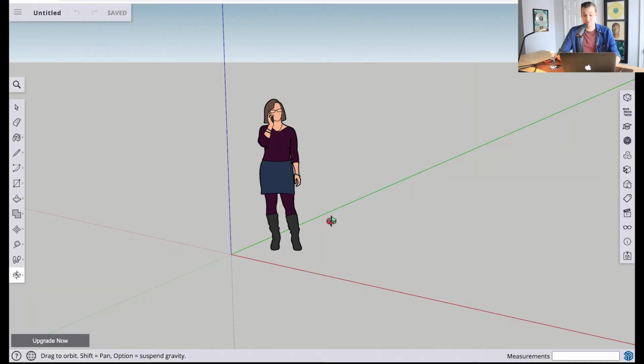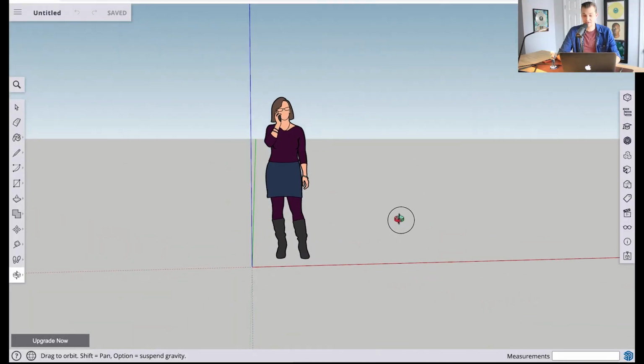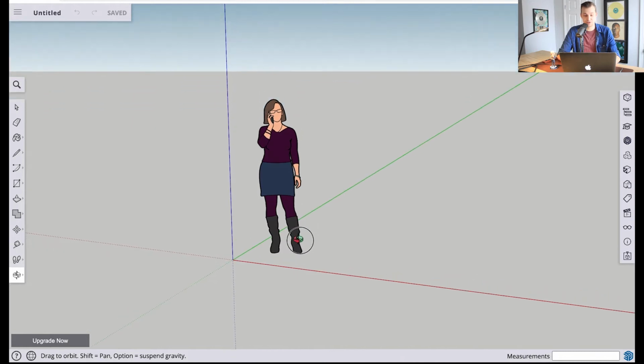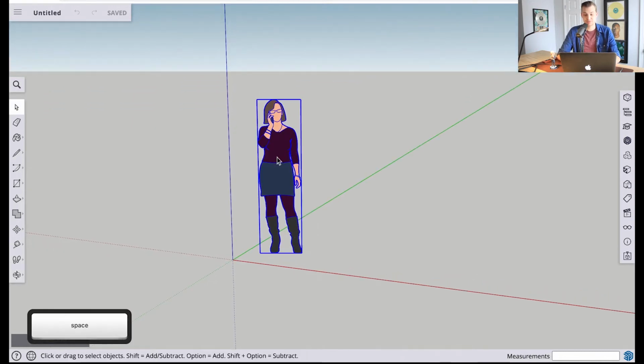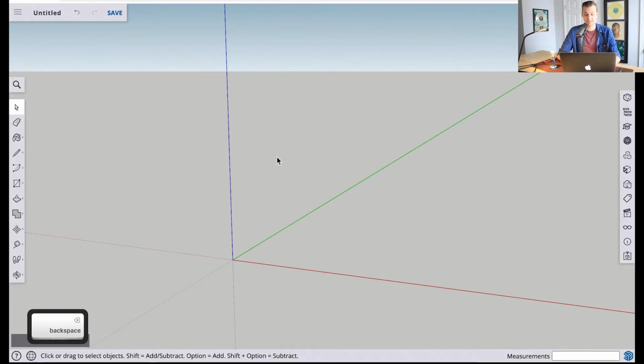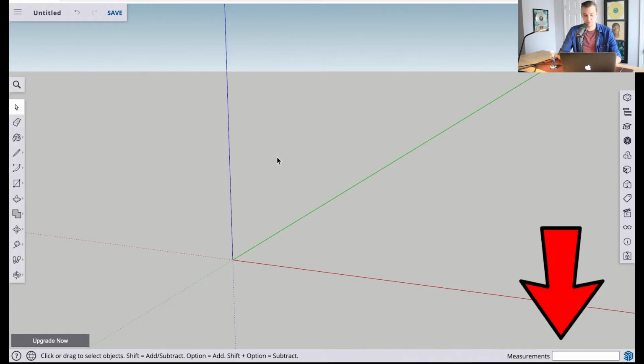Back in SketchUp Free, you can see that I have done nothing so far. We just have our default woman here. First thing I'm going to do is hit the space bar, select her, and hit delete. Once again, you can see all my keystrokes in the bottom left, and any measurements I define will be in the bottom right. The first piece I'm creating here will be a vertical panel. We will have 2 of them that create our sides,